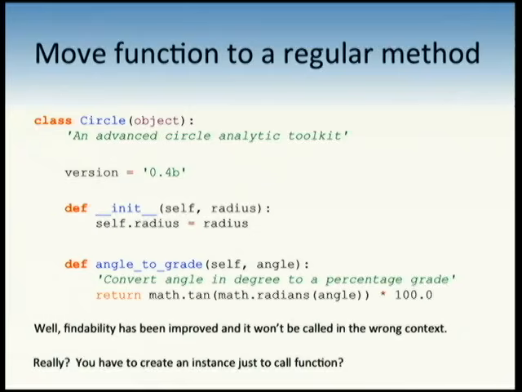One thing sucks, though. The thing that sucks is you have to create an instance just to call a function. A hint that you're doing something wrong is we passed in a variable, self. Do you see self used inside? There is nothing in this function that needs to know about an instance of a circle. This is an awkward API to call, and you're wasting a variable. What's the solution? Static method.